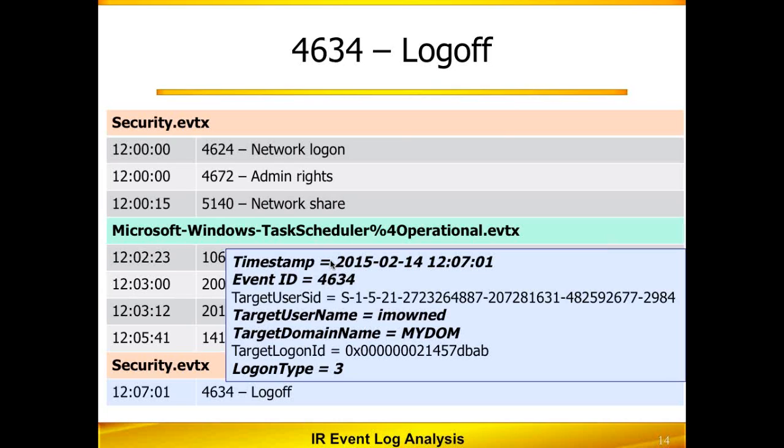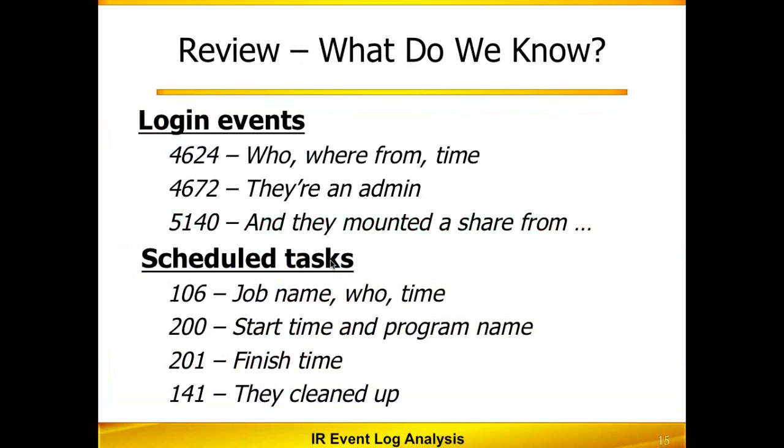So just by looking at the event logs on this particular system, we actually know a lot about what happened here, right? We see the login event, which tells which credential they're using, what IP address they're coming from, and of course, all the events are time-stamped. We have the 4672 event, which says the credential they've stolen is an admin user, and we can see the 5140 event, which shows them mounting the network share from the same source IP address, and what they mounted, in